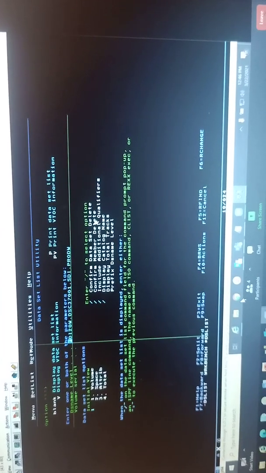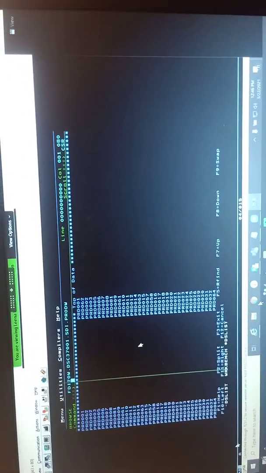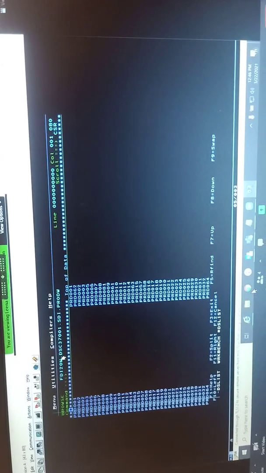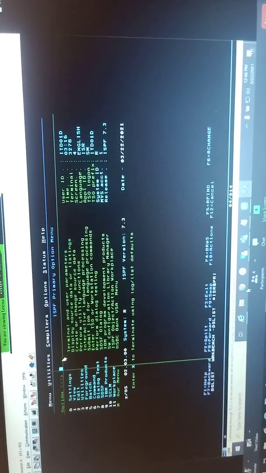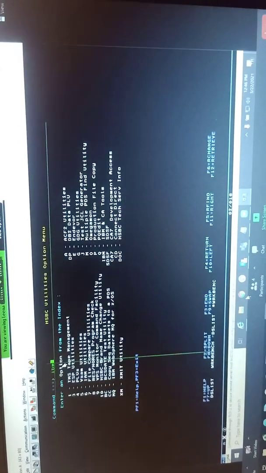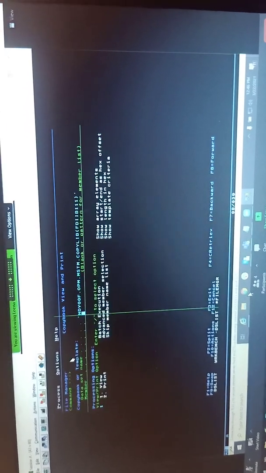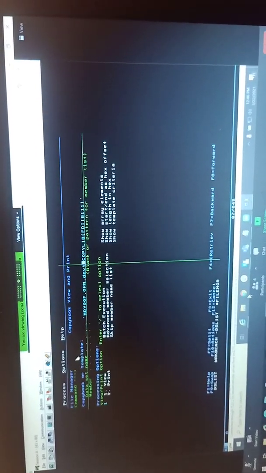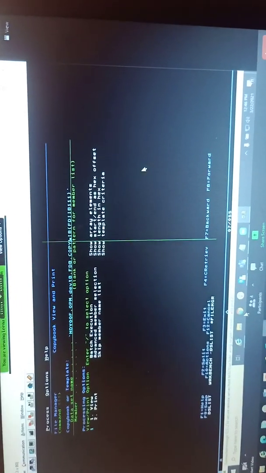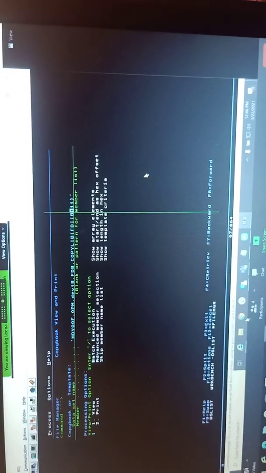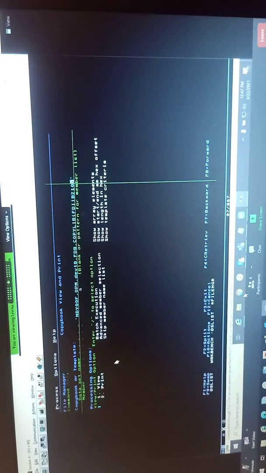If I show you, this is my product W file for the Bazel thing. If you open the copybook, I think for W it is 210.